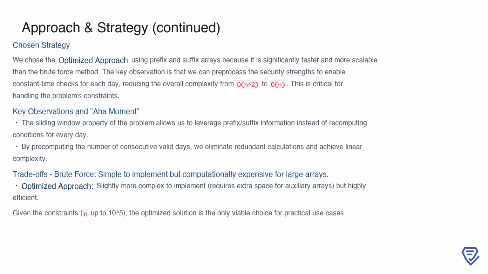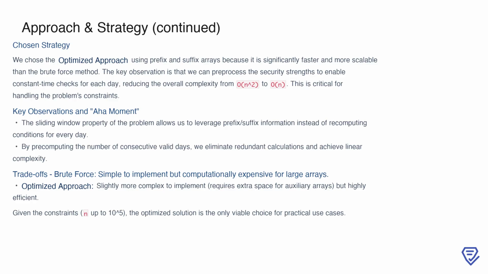The optimized strategy using prefix and suffix arrays is the chosen solution due to its efficiency and scalability. By pre-processing the security data, we reduce the time complexity from O(n²) to O(n), which is crucial for handling the upper limit of the problem's constraints. The key insight lies in leveraging the sliding window property of the problem. Instead of recalculating sequences for every day, we pre-compute the number of consecutive valid days, enabling constant time checks for